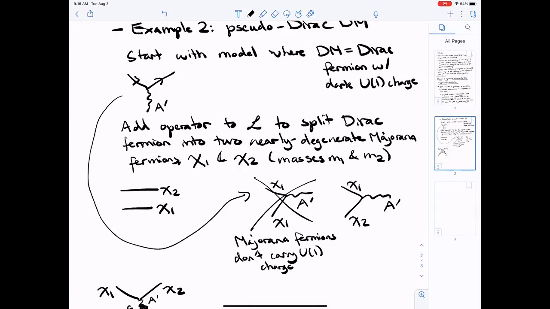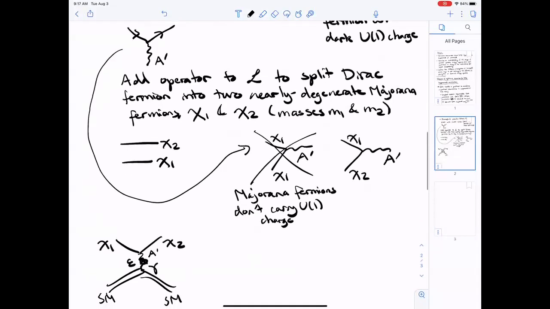These two states will be equally populated during freeze out. It will be very easy to transition back and forth between them during freeze out because they're essentially degenerate in mass compared to their kinetic energy. And so it's only once the kinetic energy of the particles drops below the mass splitting. So I guess that's the other reason to assume the mass splitting to be small: you can just use the freeze out cosmology for Dirac dark matter and assume that they're degenerate, but then say, at late times, once their kinetic energy is small compared to this mass splitting, then we won't be able to excite the heavier state, and then they'll behave differently.